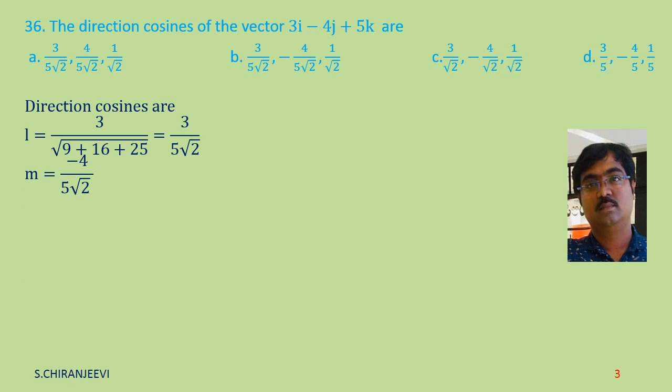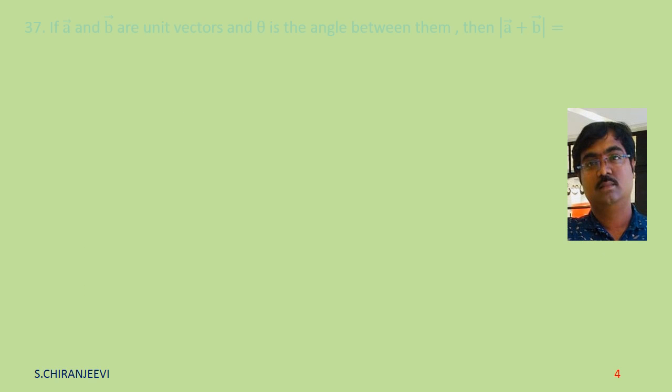m is minus 4 by 5 root 2. n is 5 by 5 root 2, which is 1 by root 2. So the option is B. Next problem. If vector A and vector B are unit vectors and theta is the angle between them, then magnitude A plus B equal to